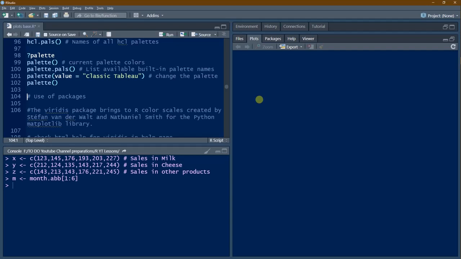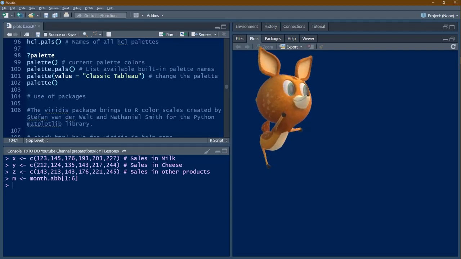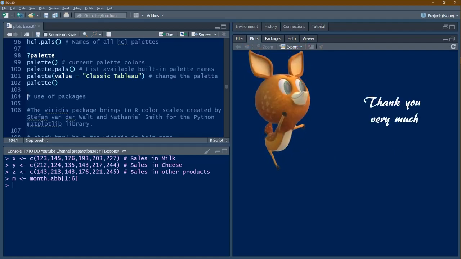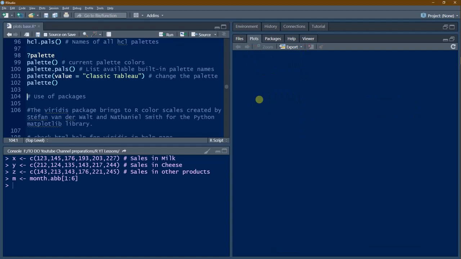Viridis is one such package which is used in the Matplotlib library of the Python language in a big way, and two gentlemen, Stephen van der Walt and Nathaniel Smith, have created it and it has been corrected further to suit color blindness, etc. And now that is the default library in Python Matplotlib.